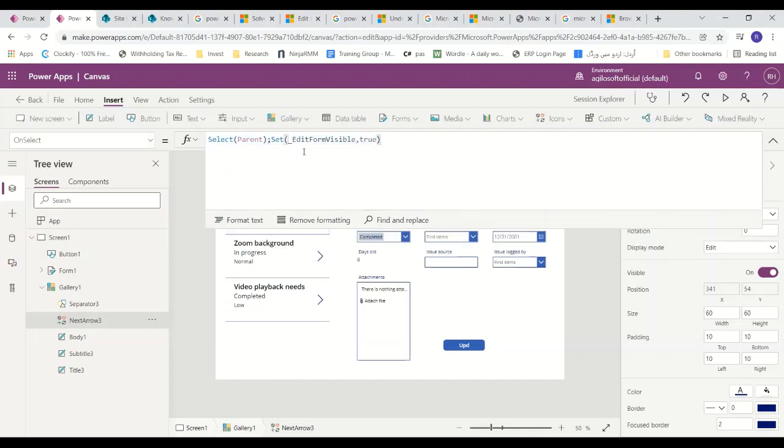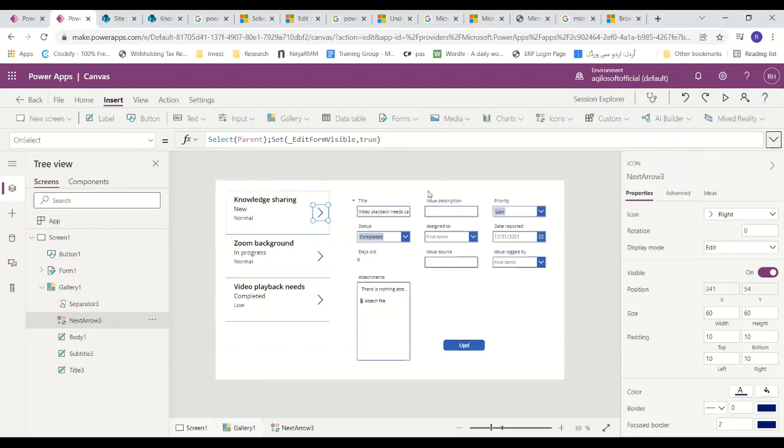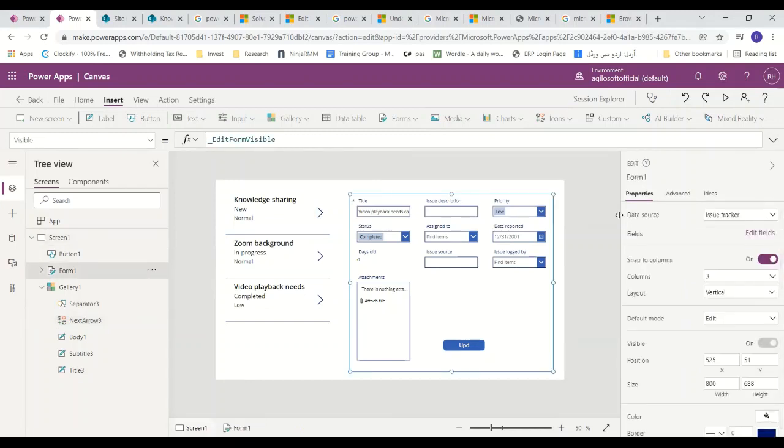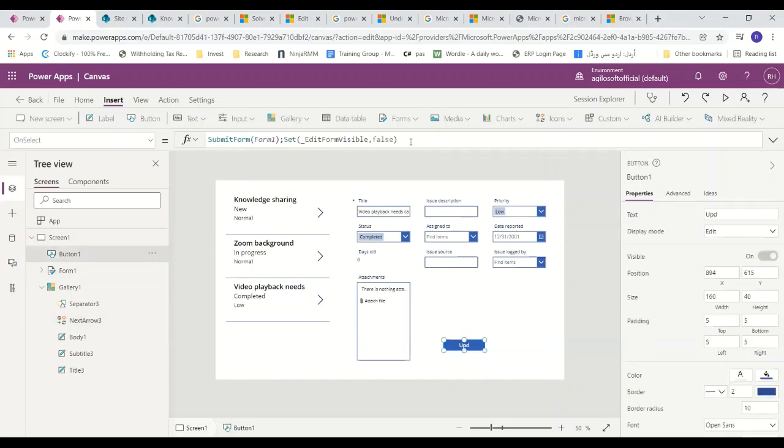And there is no parenthesis, no start of function, no end of function. So it is, and I think this is new. It used to be comma, now it is semicolon. Anyway, and then I threw in a form view on edit mode. I gave it the same data source. I added a new button, put some code here,